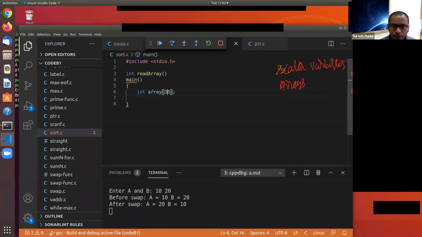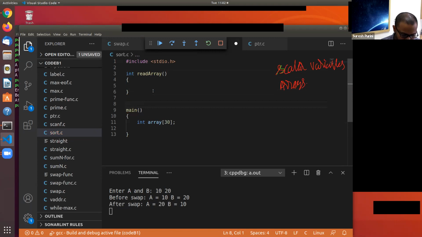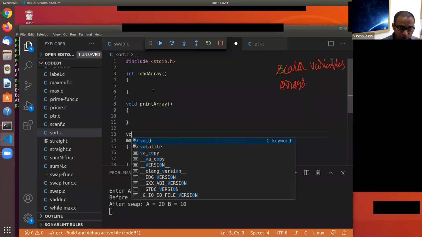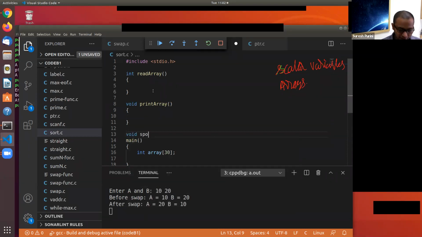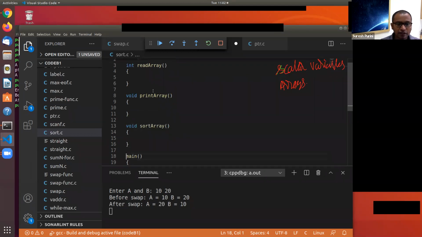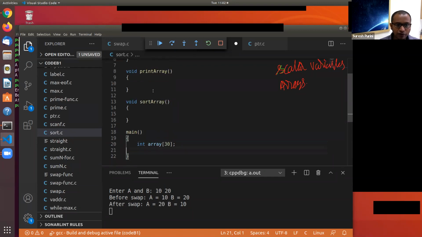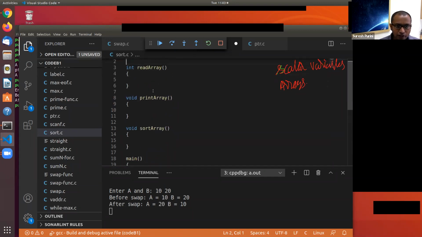So you want to read an array from the user, and whenever we want, we would like to print an array. And then maybe we want to sort the contents of an array.